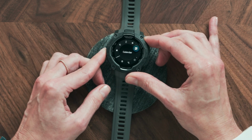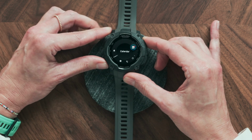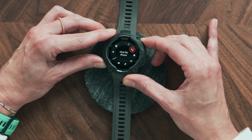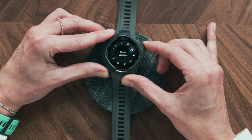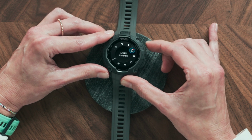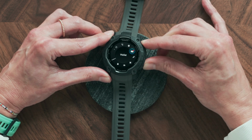You can also remove items. We can remove Find My Phone, we can remove Do Not Disturb. If you want to make this list shorter, you can. And by doing this, you see the red X, and then I hit the Start Stop button to remove it. Then I'll hit back,